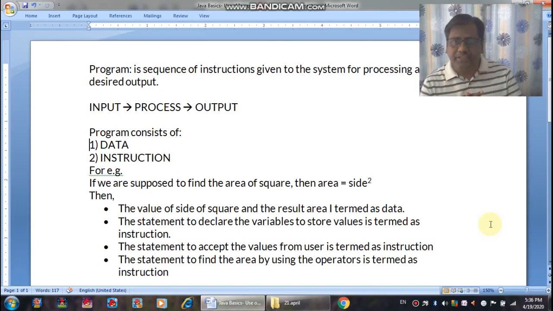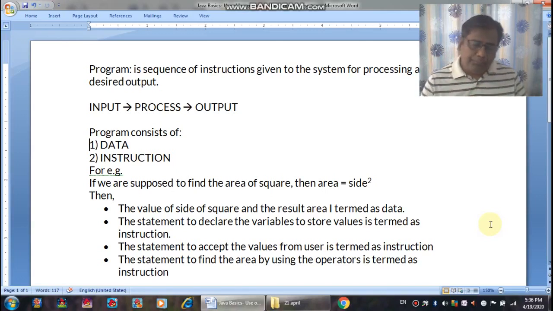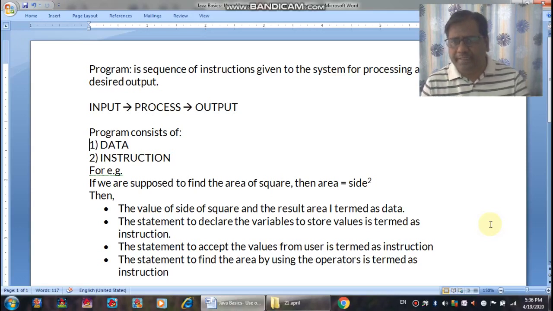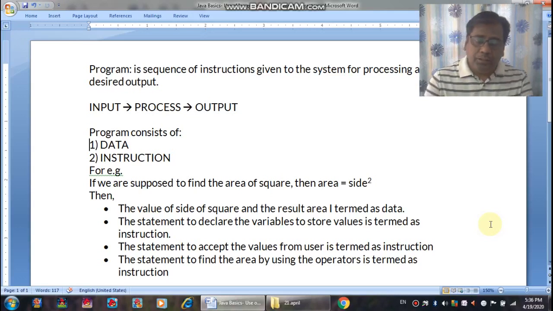If there is a problem and you need a solution to that problem, that means to come to the solution of that problem, you definitely require multiple steps.